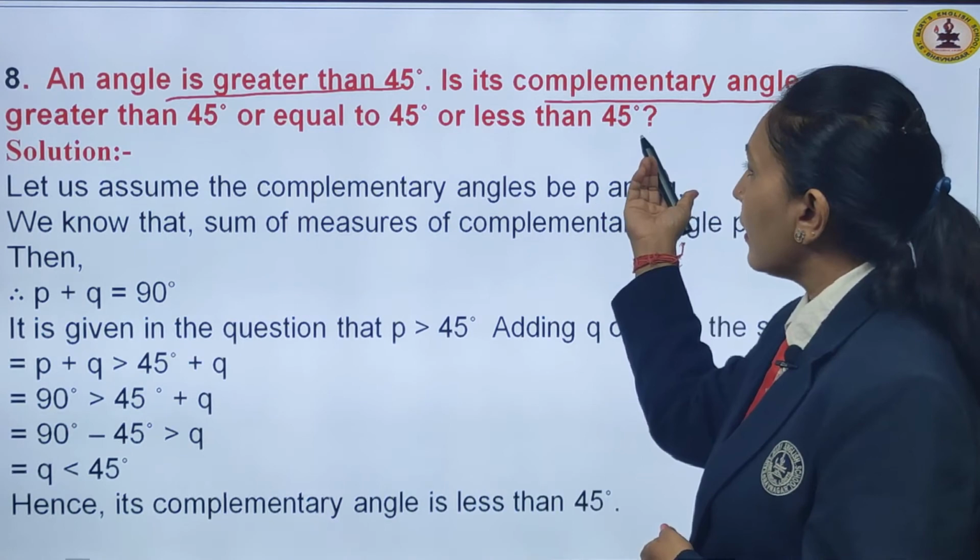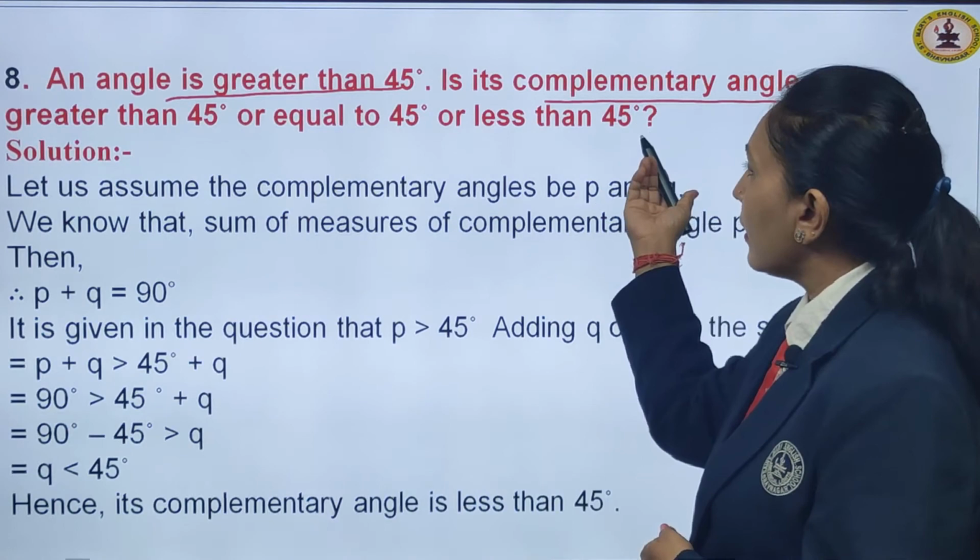Now let us see what is the next question to us. In the adjoining figure, children, different angles are marked and a few questions we have to answer on the basis of that. Is angle 1 adjacent to angle 2? Children, angle 1 is here and angle 2 is here. Then do you think that they both are adjacent here?